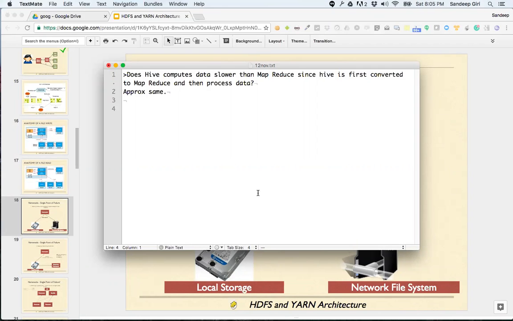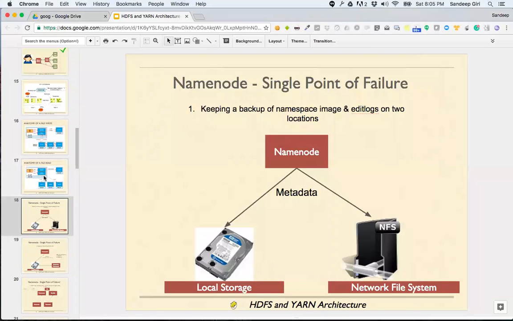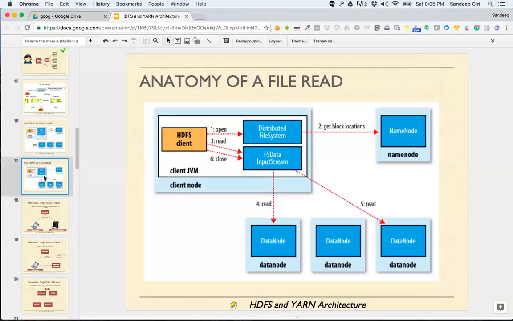Great. So till last time we talked about HDFS, that HDFS has a name node and many data nodes. It's the sysadmin who marks one of the nodes as name node and the other nodes as data nodes. In case of Hadoop, when you're installing Hadoop using Ambari, Ambari will ask you which node you want to make the name node, and which node you want to mark as data node.